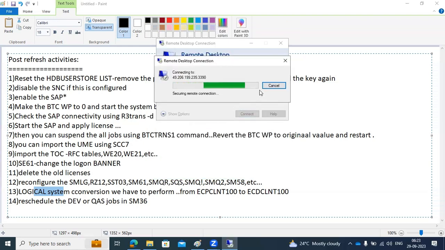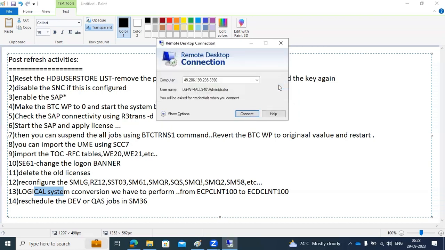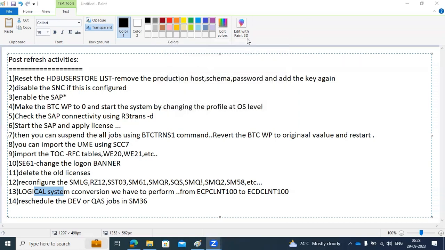That's spelling wrong. Try, you are able to